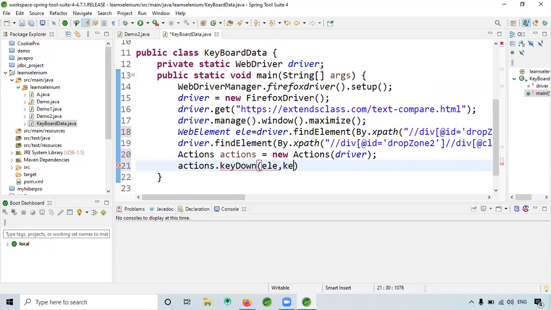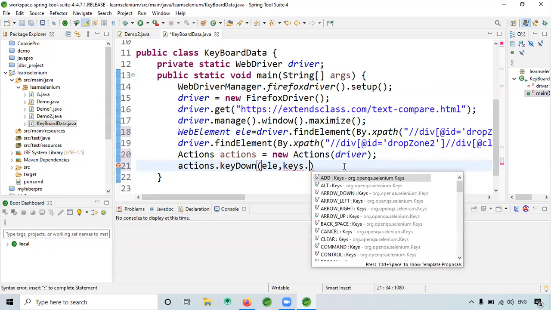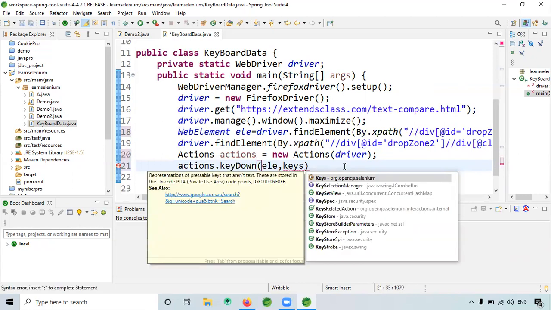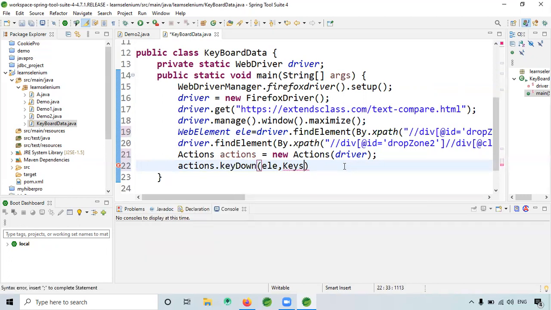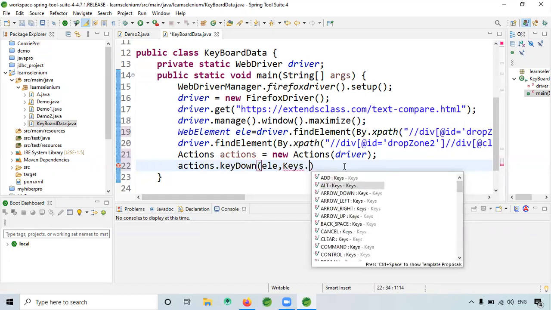So for that, Keys dot Control. See, so many come when I click Keys. Okay, here Keys from Selenium is coming. I need to import that package. When I see here, so many, Alt is coming, Arrow is coming, Cancel, Control, Divide, Down, End, Equal, Escape, F1, all the keys are coming.